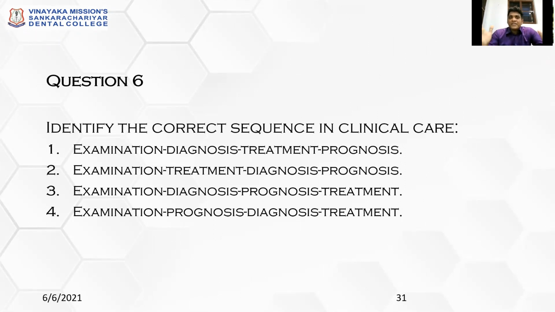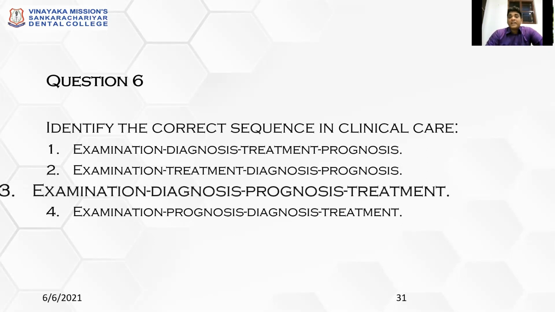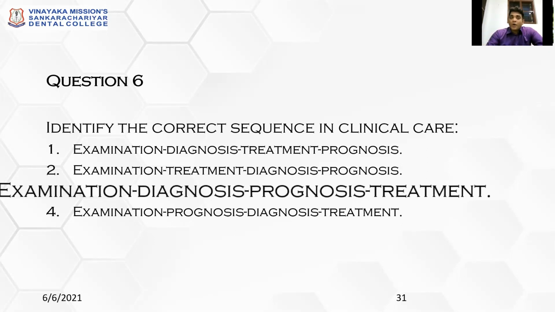As I said previously, examine, diagnose, treatment, and then prognosis. That means after the management, they will do the prognosis. But now the scenario is different. We are including the risk assessment and prognostic assessment before the management. So which one is correct? Examination of the past disease activity, diagnosis of the present disease activity, prognosis to check the future disease outcome, and then do the management. So the third option is correct.